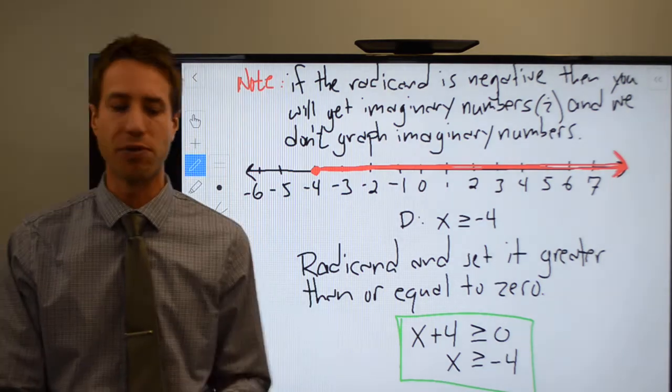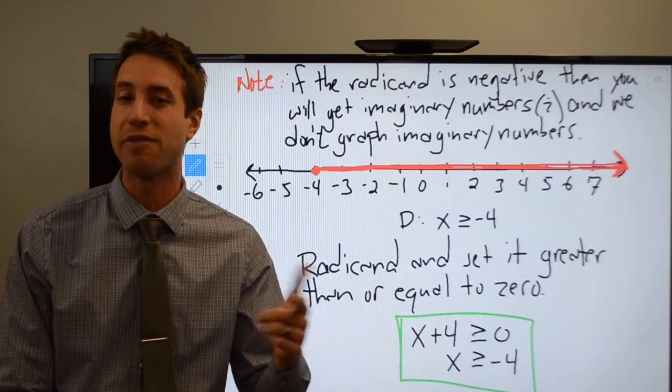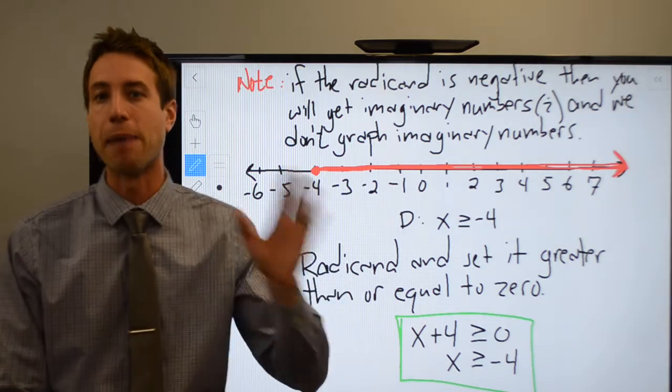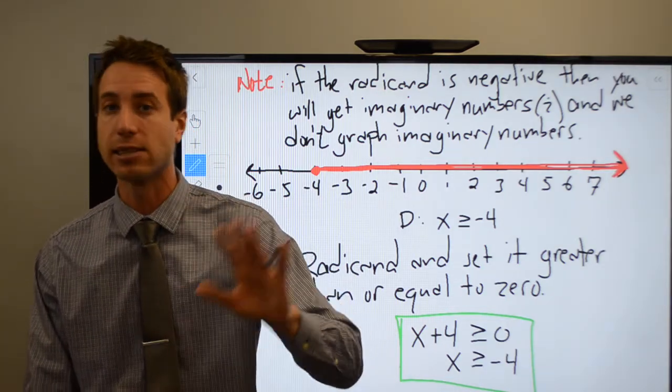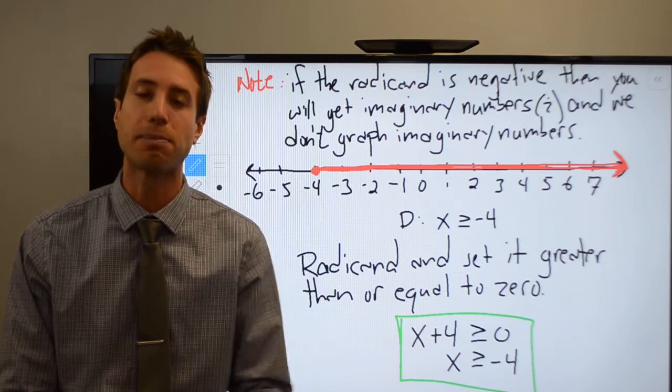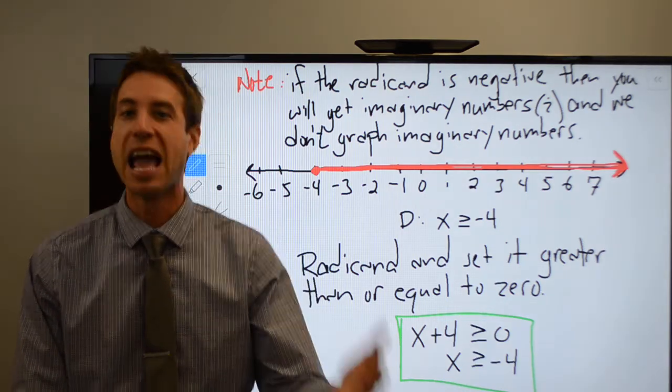So really important things. X squared and square root of x are inverse functions. I'm only going to graph the positive square root of x because I need it to pass the vertical line test. And when graphing